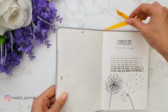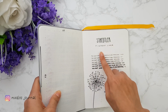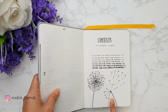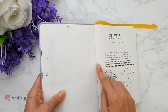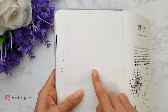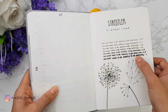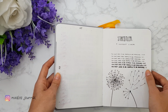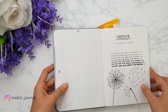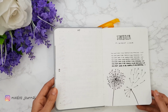The first pen test I did was with my all-time favorite pigment liners from Staedtler. I wrote these sentences with the different tip sizes I have, and the thickest one transferred to the previous page when I turned the page to do the following test. Keep in mind that I wrote these sentences and drew these doodles, which took me around 5 minutes to complete before turning the page, so the inks definitely take a lot of time to dry, or more than necessary,